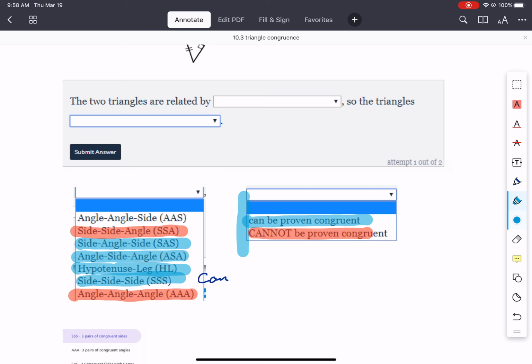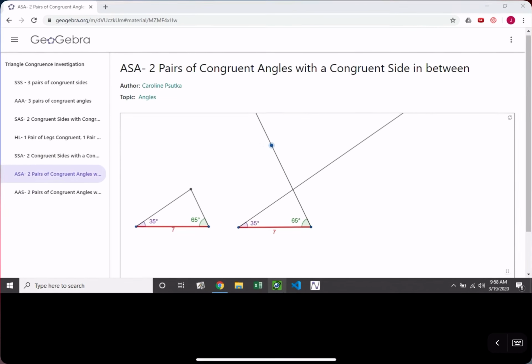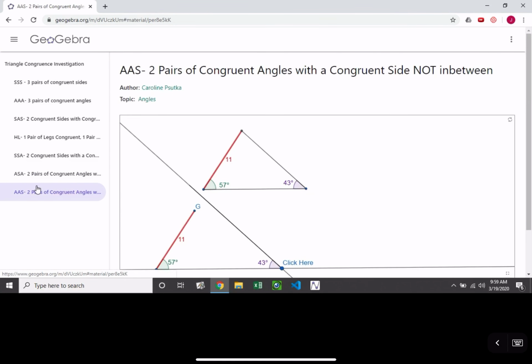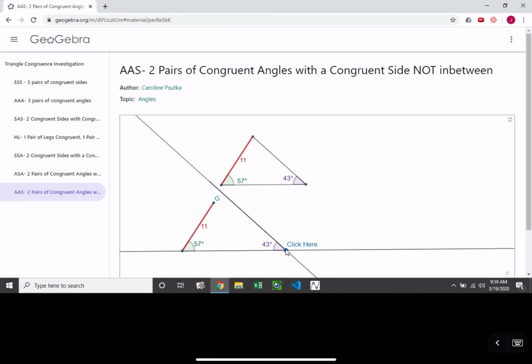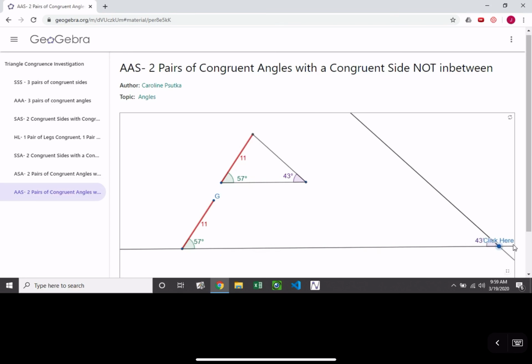So our last one is angle, angle, side. All right, so I can move back and forth. Because my bottom length is not determined, and this side length is also not determined. Right, but with all the wiggling, there's only one spot where those actually connect and form a triangle. So angle, angle, side